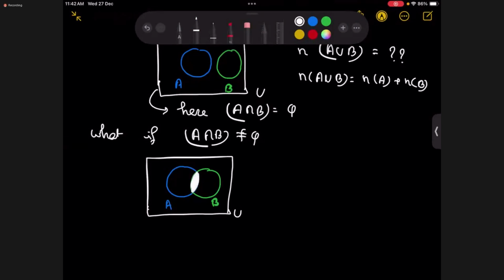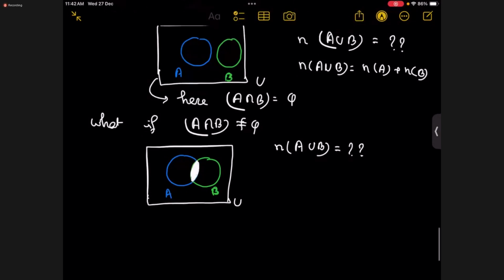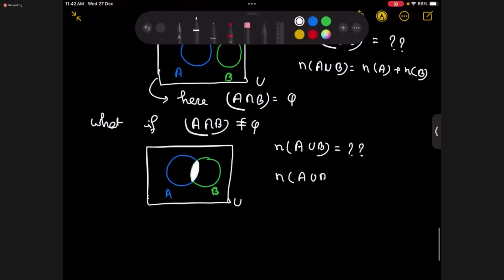Okay, so what about the cardinality of A union B? This thing can be written in a different way. The cardinality, or n, of A union B can be written as n of (A minus B) union (A intersection B) union (B minus A),